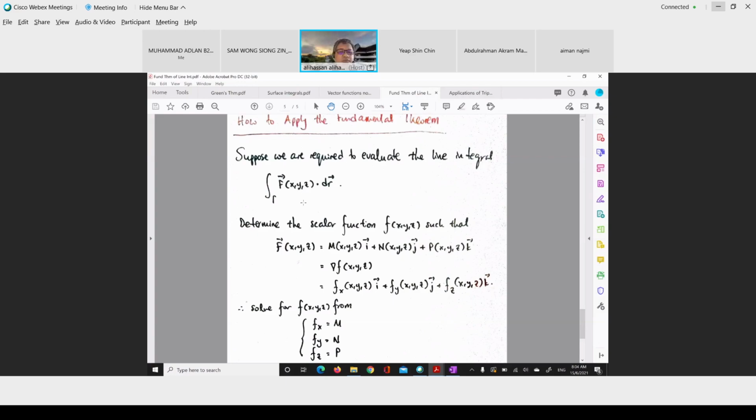Do you have any question for this example? So here I have left out some details. I leave it to you to complete the details or verify the given results here. Okay. Any question for this example? All right. If there are no questions, let's continue